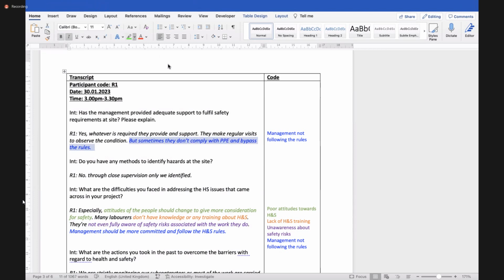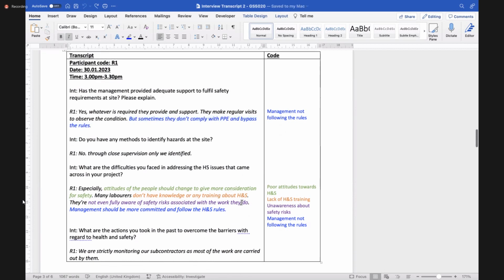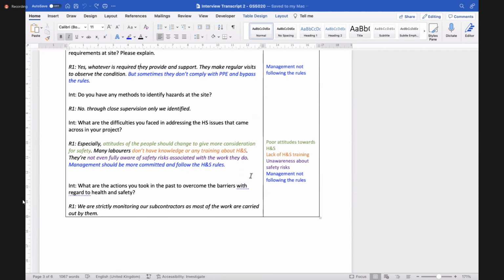Here I have used font colors. So either you can use it like that, or you can just use the highlight function, highlight in a particular color, and assign it the code. So you can actually color code in this instance. For different codes, you can use different colors.